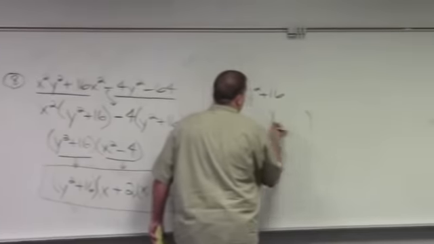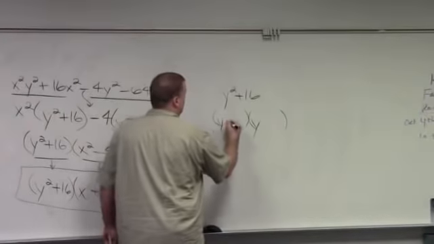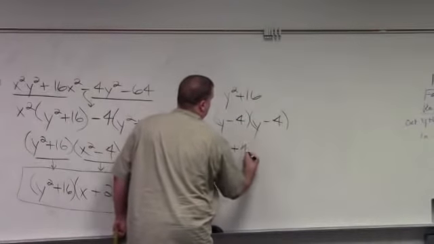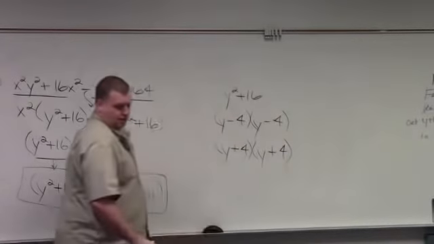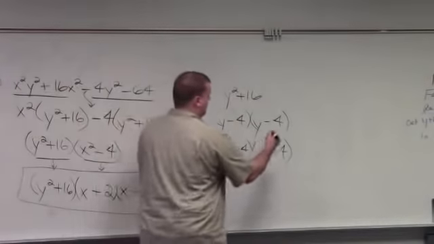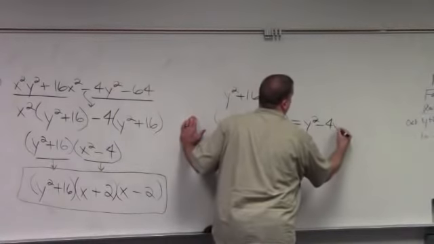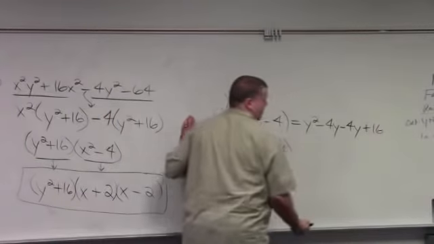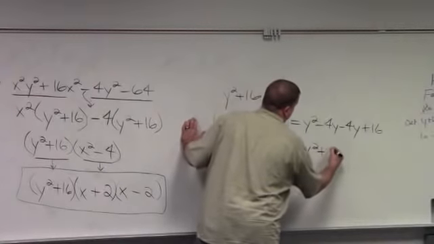What are the only 2 possible ways to get a positive 16? They have to both be positive, or both be the same sign. Those are the only 2 possibilities. So if I multiply it out, what am I going to end up with? Y squared, positive 16. First, outer, inner, last. And if I multiply this one out,